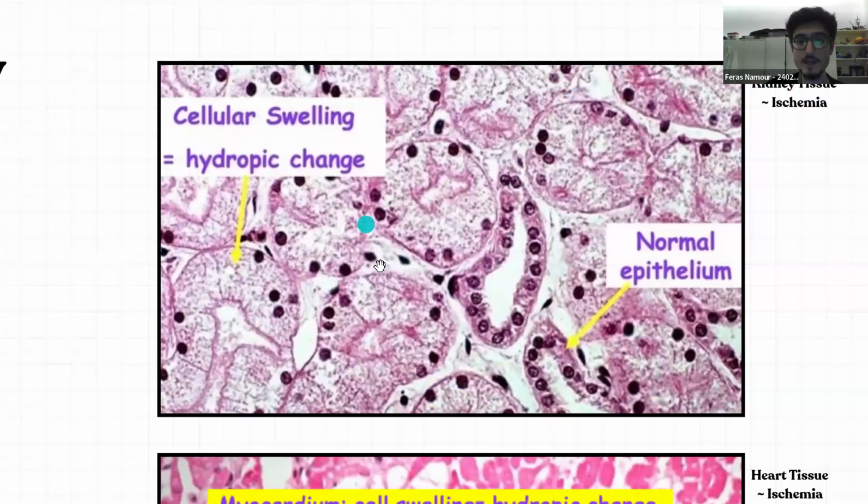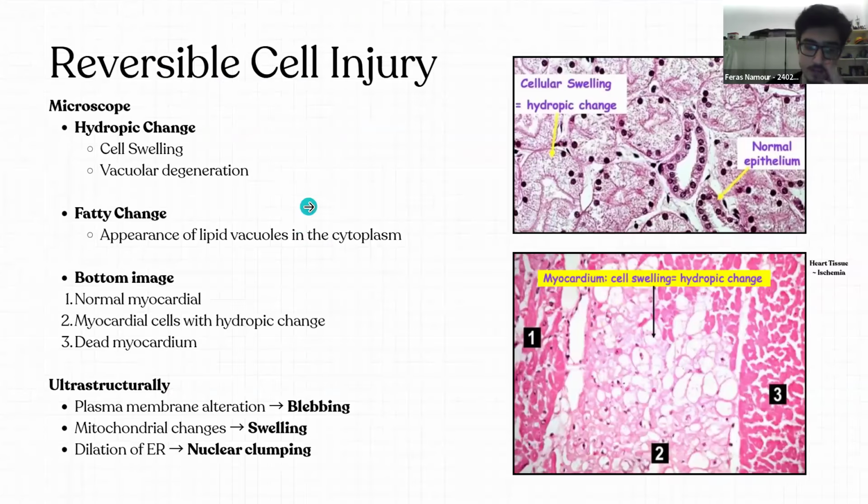Here, I have kidney tissue, and one more thing, usually reversible cell injury is due to ischemia. So transient ischemia, not prolonged ischemia, so like ischemia for 5 minutes, depends on the tissue, of course. It can probably cause reversible injury because once blood comes back, once you no longer have ischemia, you're gonna go